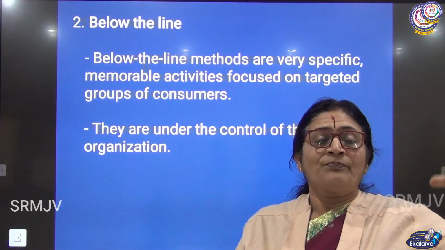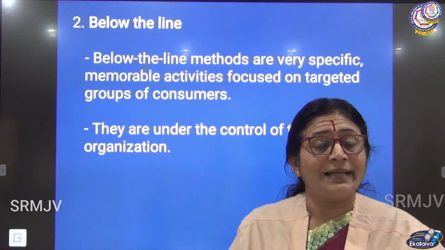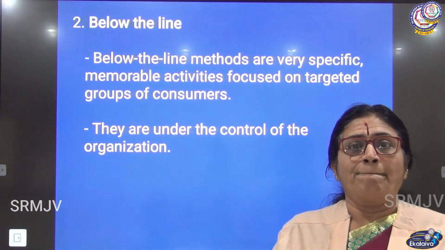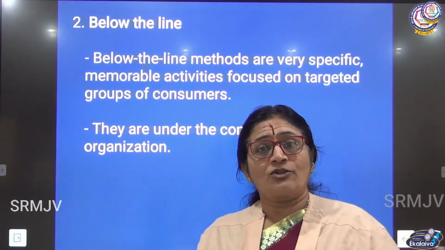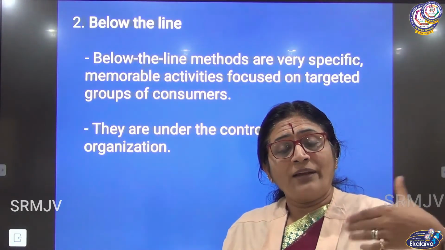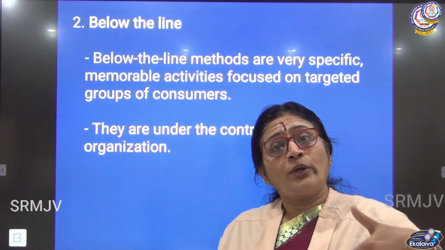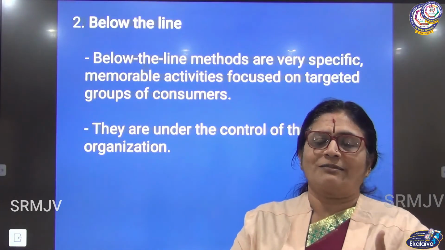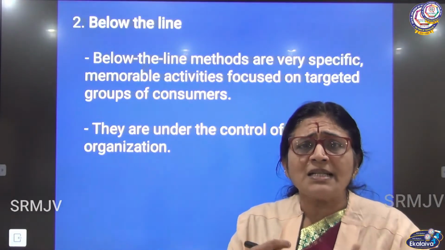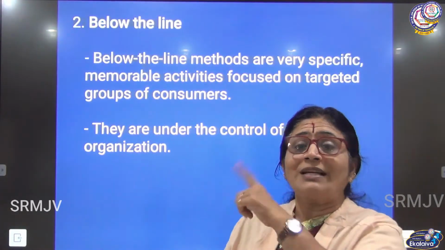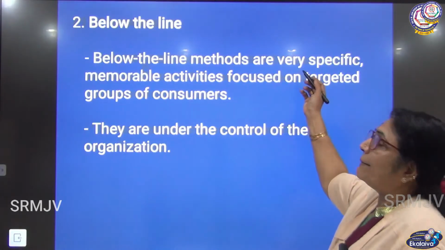You will find banners within the supermarket, or you will find sales people standing there and promoting. This is a product packed by Reliance or manufactured by Reliance, and these are the advantages. You can buy one and you will be getting one free, or you can use it, and if you are not interested you can return within 2 days. Some offers. So there will be personal selling. So they will be promoting it. There will be direct selling happening. Okay, so that is called below the line methods.